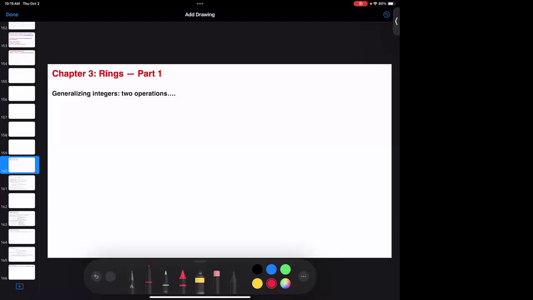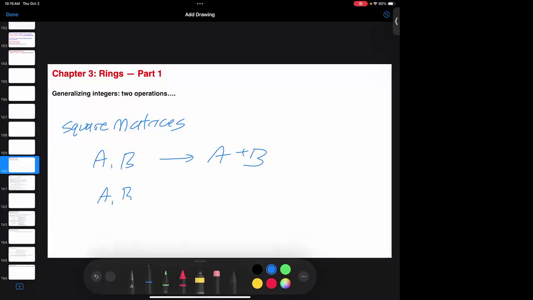Matrices. I want to be able to add and multiply. So I want to be able to multiply matrices. What kind of matrices must they be? Yeah, so they need to be square matrices. So if I give you A and B, I can easily do A plus B. If I give you A and B, I can do A times B. This is square. And so I could look at,